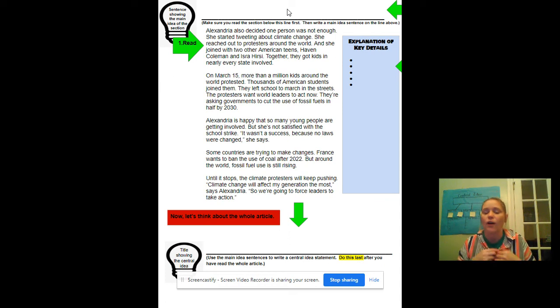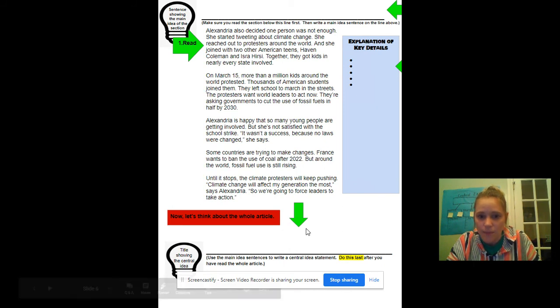Then you're going to think about the article as a whole. And here's what I would do, boys and girls. I would take a piece of notebook paper, and I would jot down my main idea of section 1, my main idea of section 2, my main idea of section 3. And I would look for words that repeated. And I would use my paper and pencil and come up with 1 or 2 or 3 central idea statements that you think could summarize those main idea points. Then I'd pick my best one. And that is the last thing you will do.